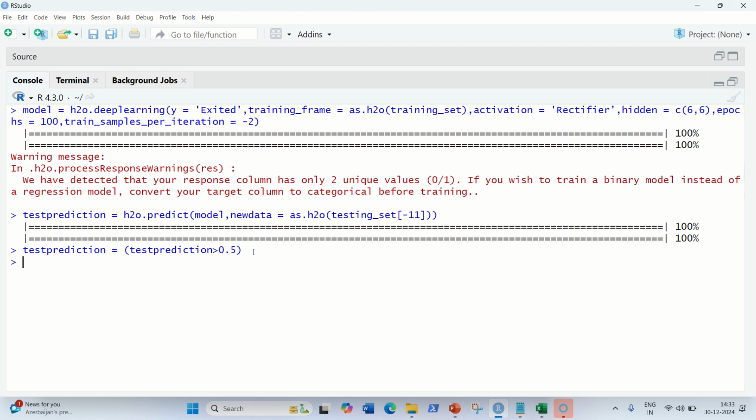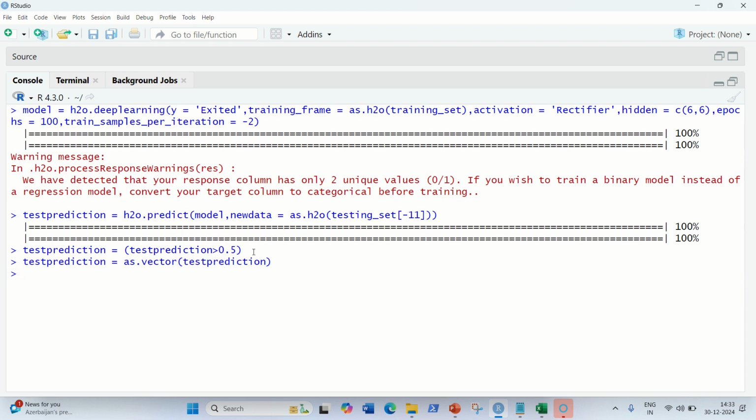So for that, test prediction equal to as.vector